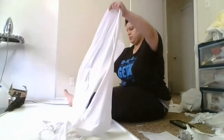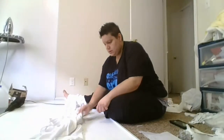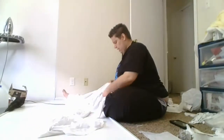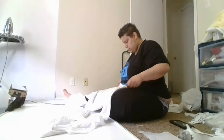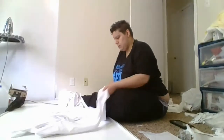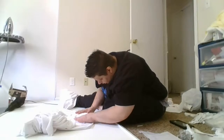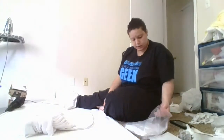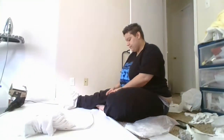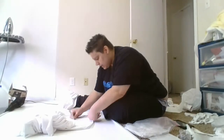Okay, now. I will probably keep this. I need to cut a neckline. When you're doing a neckline, you actually just fold it diagonally, and that creates a ribbing kind of thing, and it makes a beautiful little neckline. I'm going to cut this out first. If I don't like it, I'll cut out